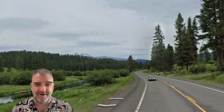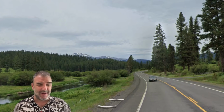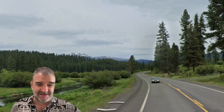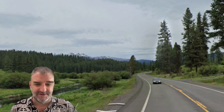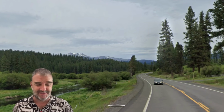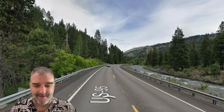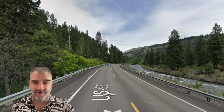Here's the Little Salmon River Valley area, and on my southbound video, this was super grainy. It was from 2007. They finally had an update in the last couple of months, so we got nice views of this area without 2007 type technology. This is us driving right next to the Little Salmon River as we continue north on US 95 through the